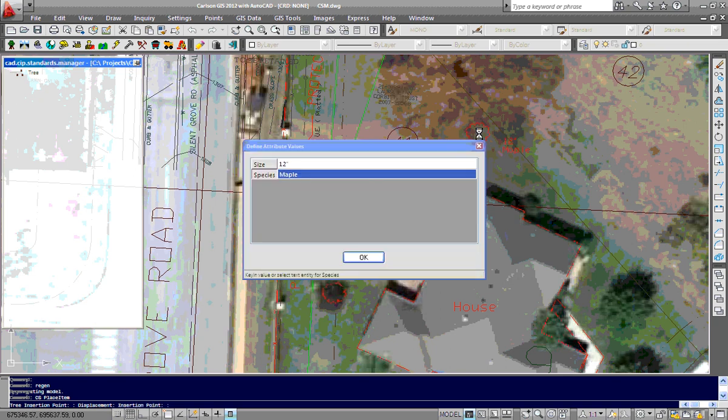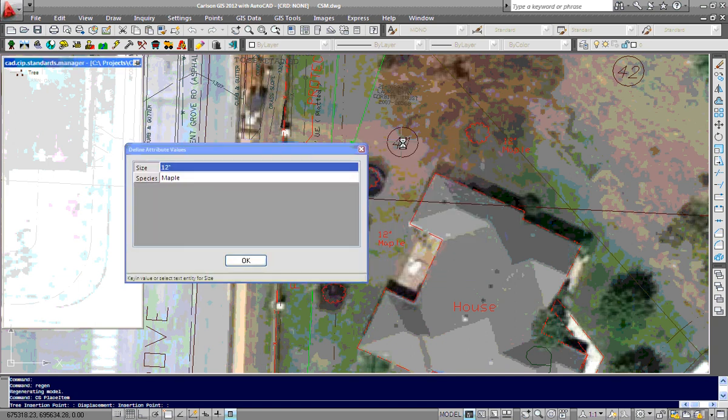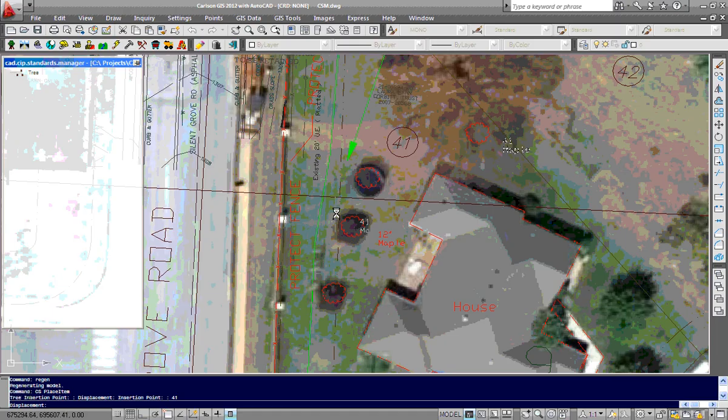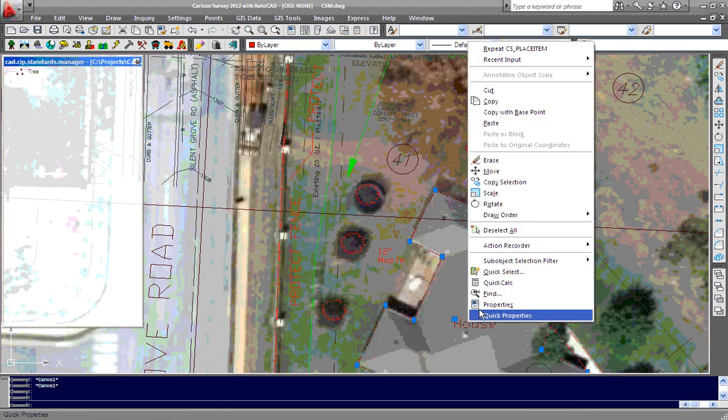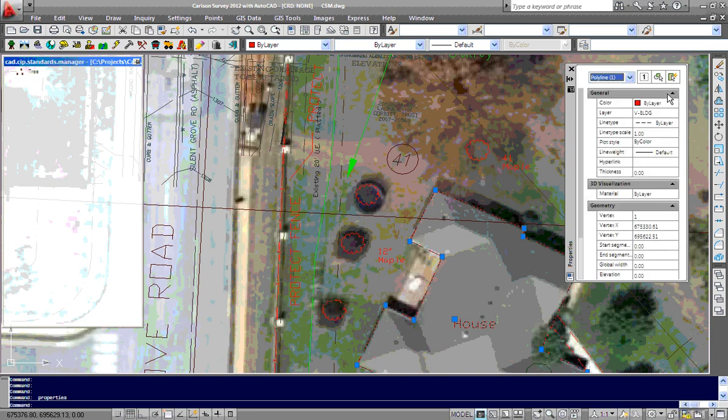If we drop another instance in, you see the previous values are retained, and instead of keying in, I can also select text from the drawing to modify those attribute values. Now we'll change the building symbology that we placed, as well as make sure that it's always closed for the operator placing it. To do that, we just select it together with the annotation and right click for the properties,